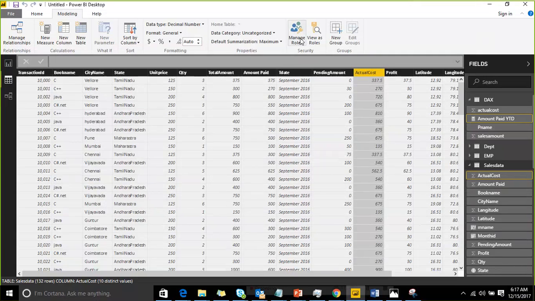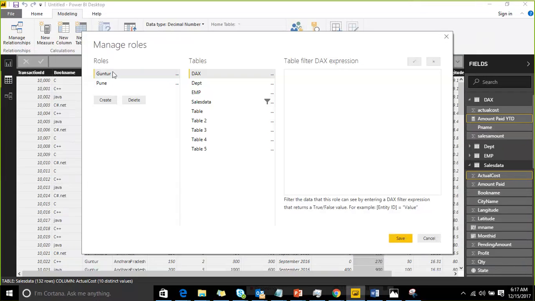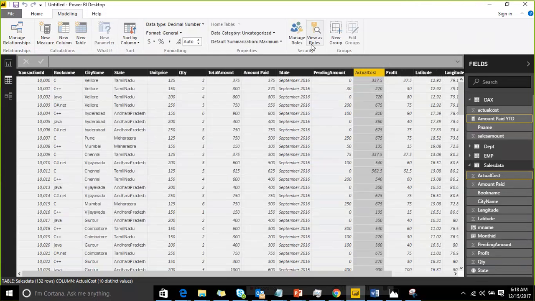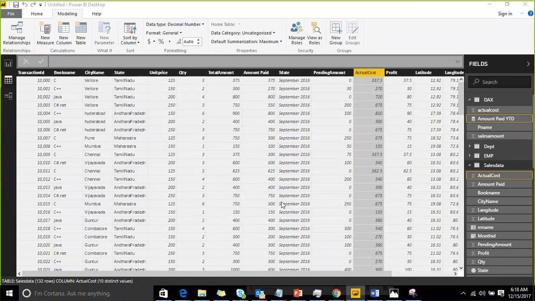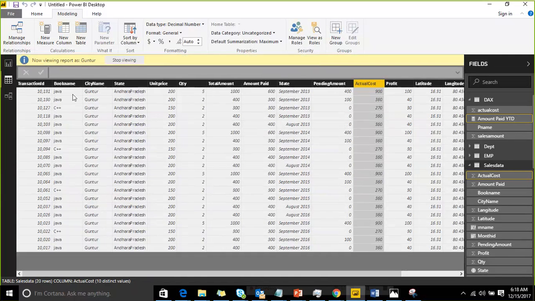Once you are done with the roles, the created roles will be displayed over here, and for each role you can see what condition you applied. Then you can test whether the roles are working fine as expected. If you select Guntur, does it display Guntur data or not? Viewing as Guntur, it is representing Guntur data.